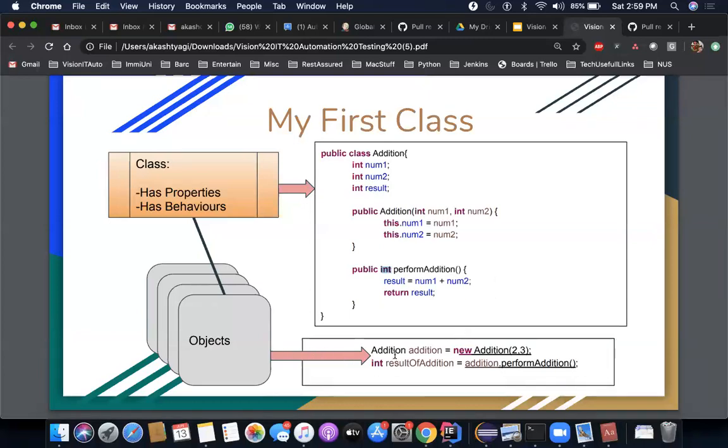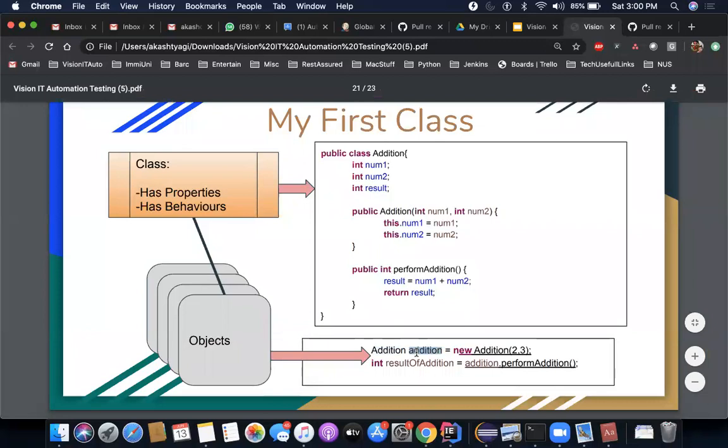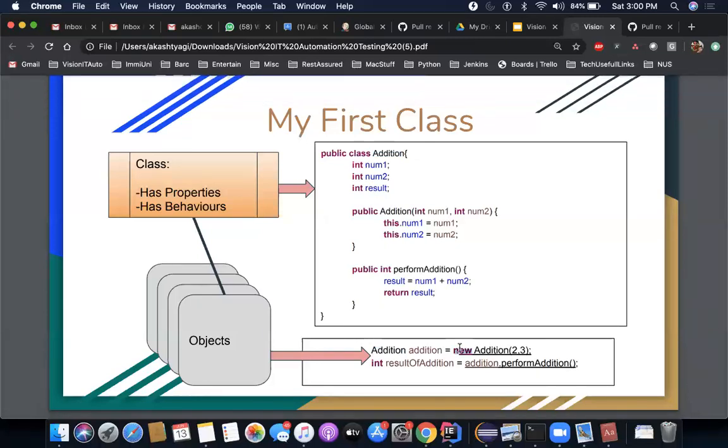Now here, this is how you're going to create the object. To create the object, I have to make use of the new operator, right? I'm creating a variable with its type as Addition, so I'm creating an object of this class. I say Addition, the name of the class, then the name of the variable. This can be anything. It doesn't need to be Addition, but the type has to have this name, right? And then new, because it indicates that I want to create a new object. That is how you create an object in Java. And again, the name of the class is what you need to give here.